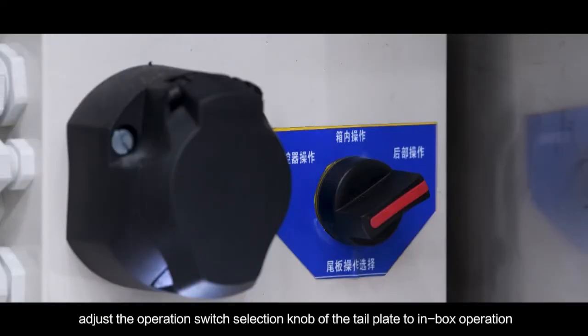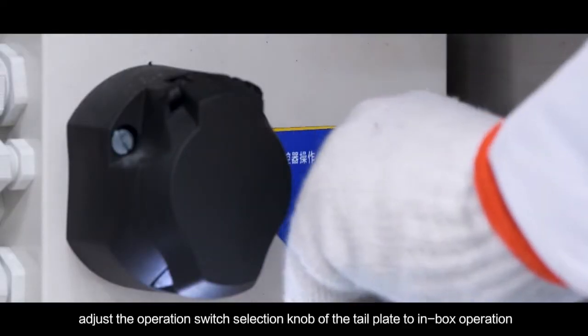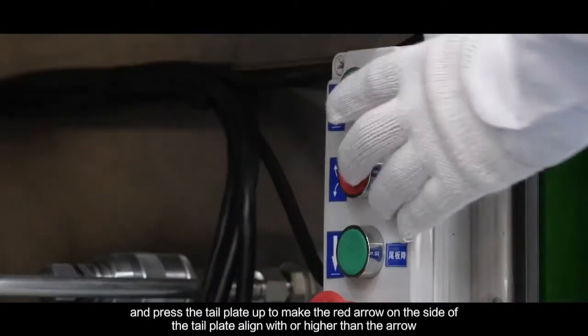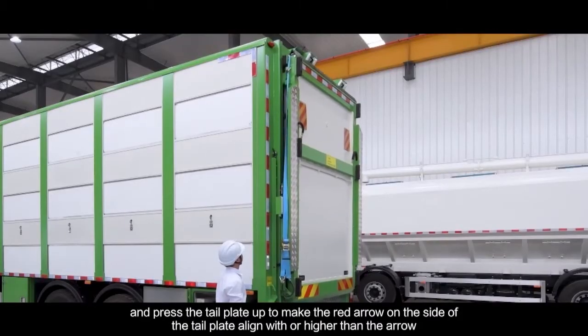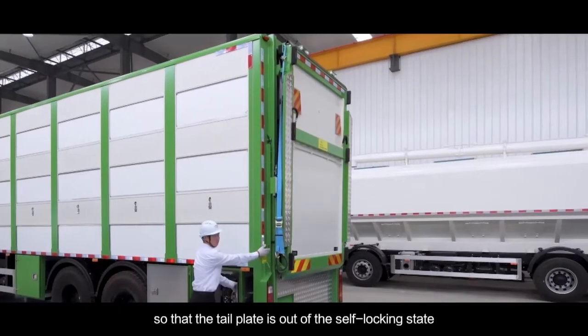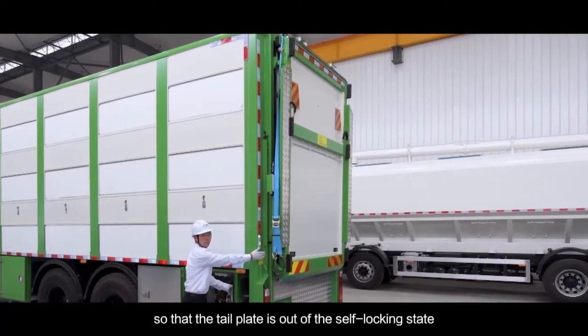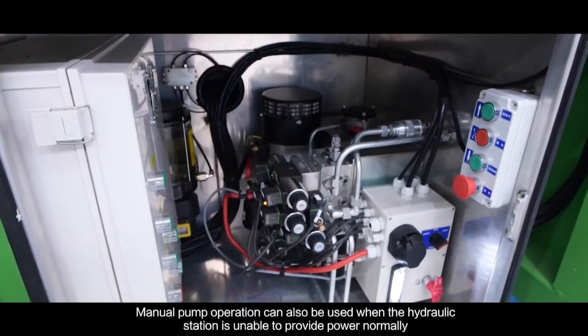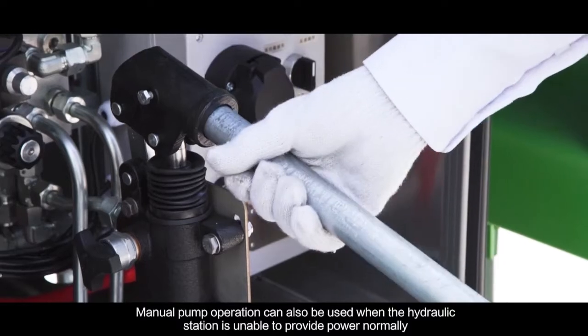Adjust the operation switch selection knob of the tailplate to inbox operation and press the tailplate up to make the red arrow on the side of the tailplate align with or higher than the arrow, so that the tailplate is out of self-locking state. Manual pump operation can also be used when the hydraulic station is unable to provide power